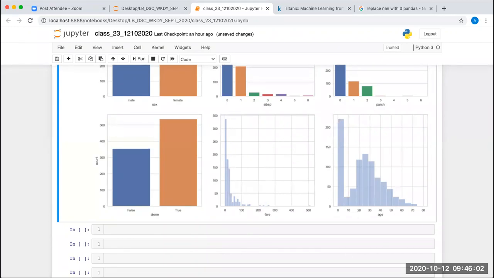Right? The first bar is again converted to 0. Sorry, the first bar of age, we filled with zeros, right? So all NaNs we filled with 0, so this includes that number as well. Yes, that value is correct. So we cannot say that, so leave the zeros one. But one thing we can understand from here is that most of the people were from 20 to 40. So leave the zeros.